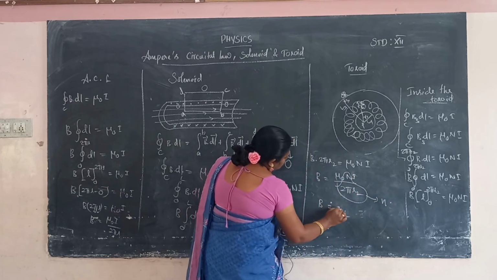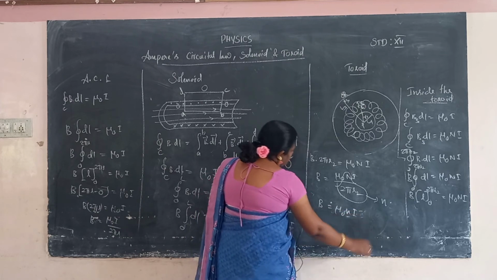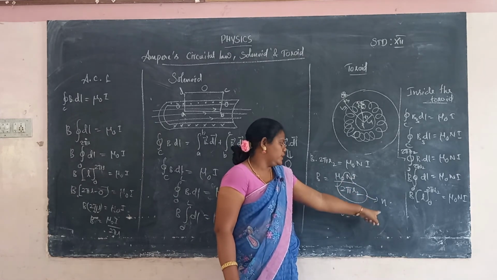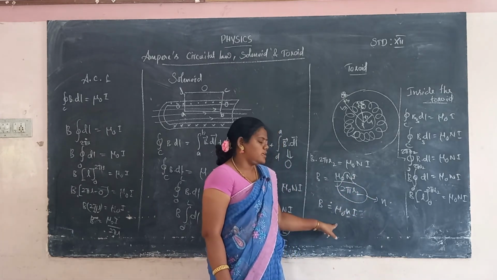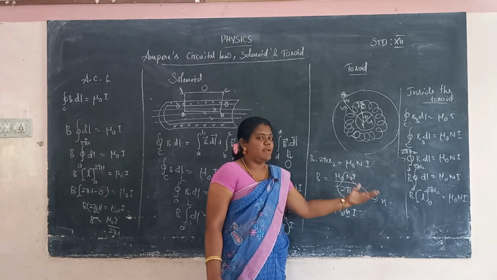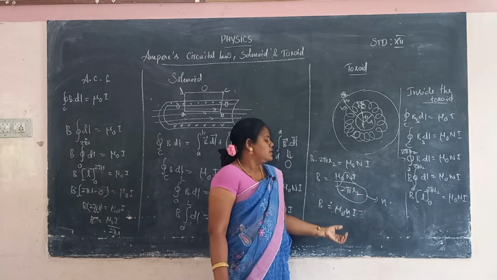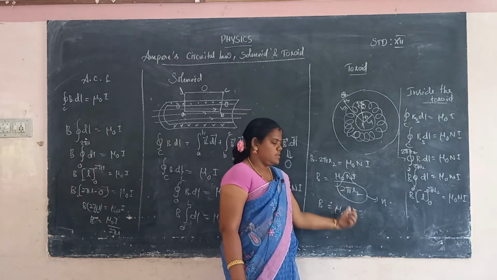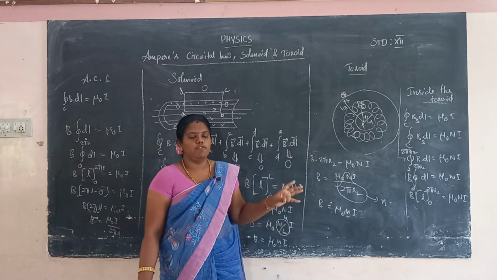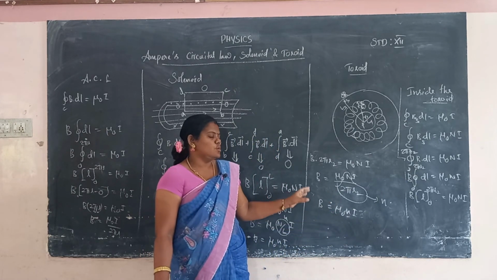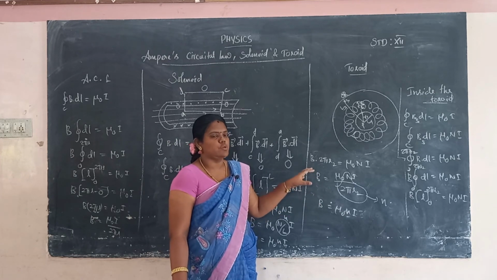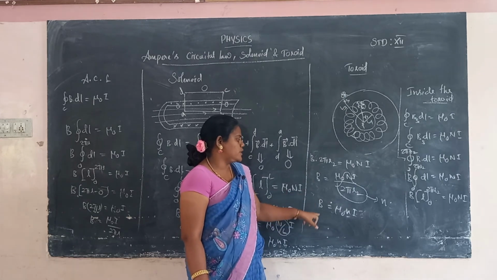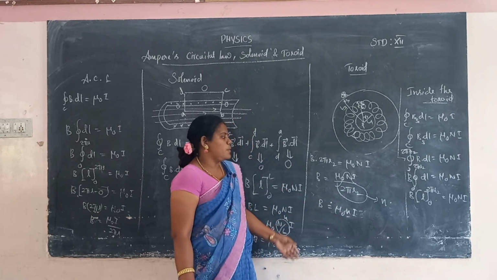So B is equal to mu naught n into I, because N is a constant and automatically N by 2 pi r changes into n. Mu naught is a constant and n is a constant. Suppose we apply a steady current in the toroid, the magnetic field will also be constant. So B is equal to mu naught n I. The solenoid formula is there: the magnetic field created due to the solenoid is B equal to mu naught n I, and the magnetic field created in the toroid is also B equal to mu naught n I. Only the constants differ.